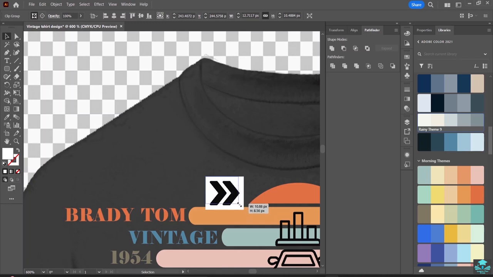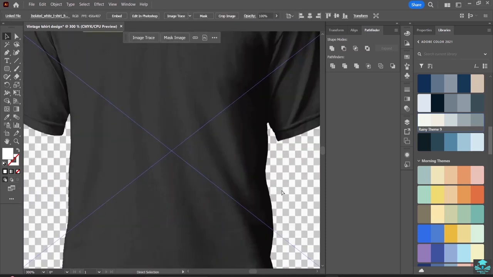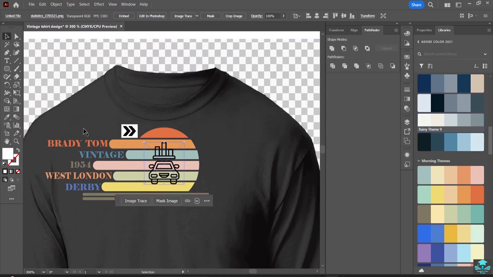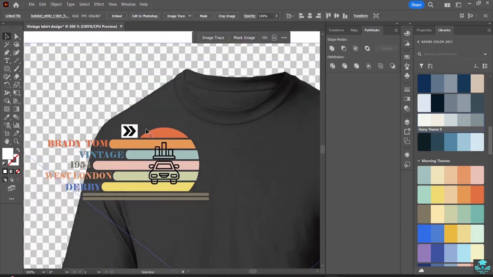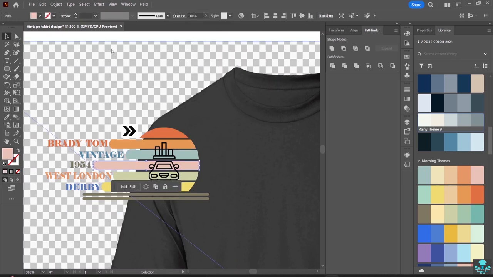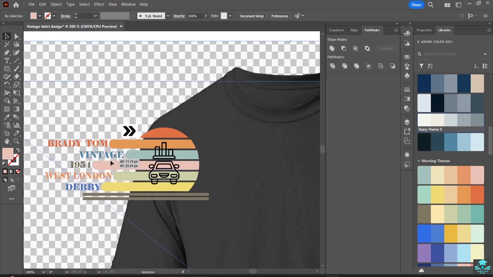Okay, so I'll decrease the size and now again with my selection tool, I will select both of this and keep this one over here. Okay, so I will come somewhere near here. And this is how my design basically looks. So here, as you guys can see, I do have this design. So here I will select